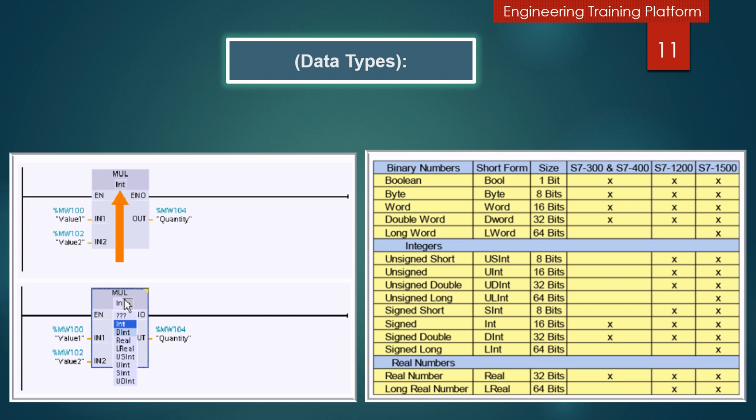You can see here the table showing the binary numbers, integers and real number data types available for some modular Siemens PLCs. Additional information on these and other data types is available in the documentation for each PLC model.